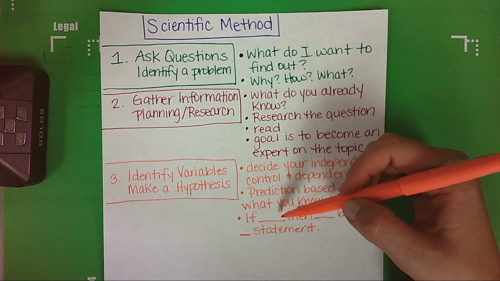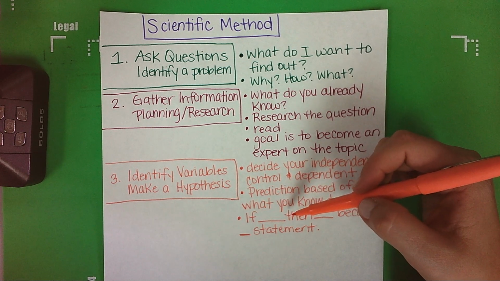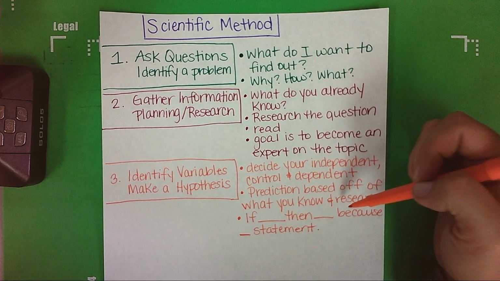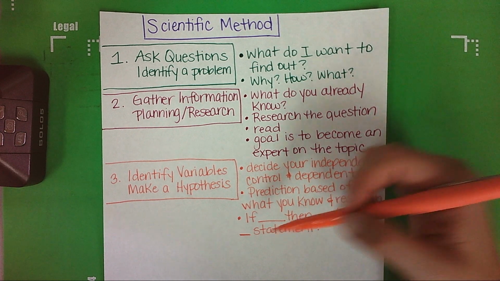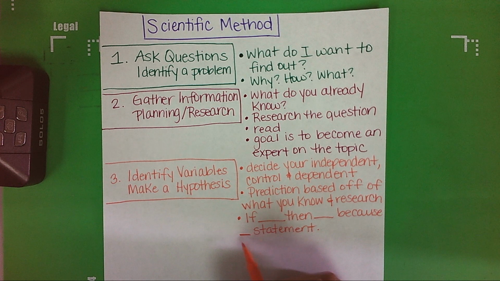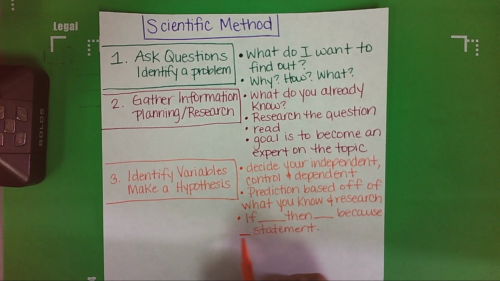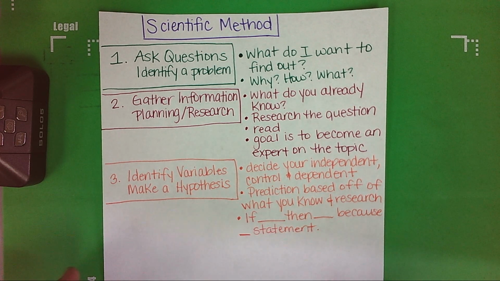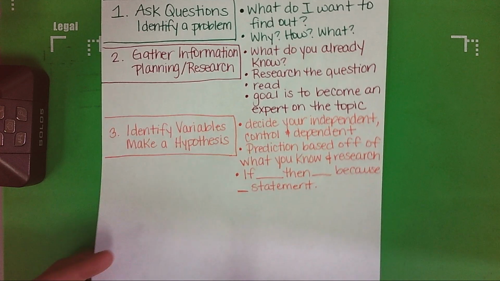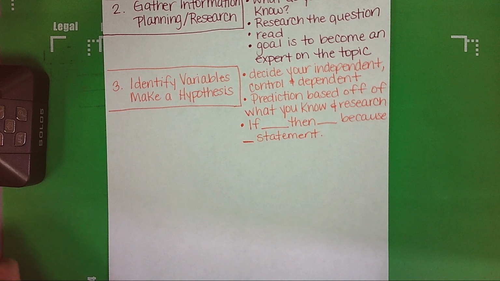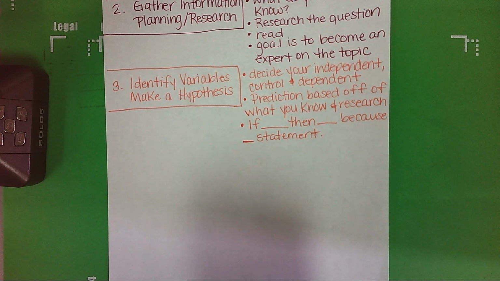If the amount of sunlight is changed, then the plant height will increase because plants need, you have researched something about what plants need and the amount of sunlight that they need and how many hours or how many minutes, and you support it with that. That is how you would make your hypothesis. Okay, so you're planning this, you are getting ready to do your experiment. So after that, step 4,